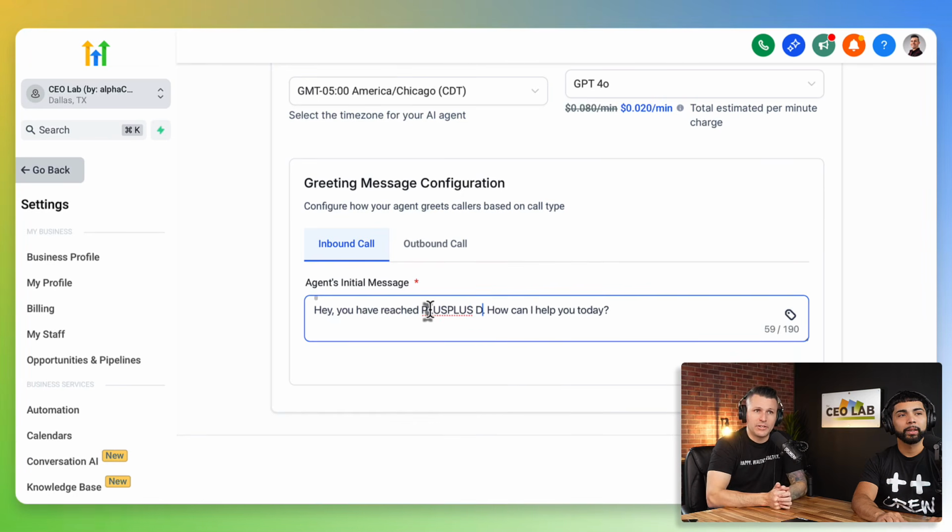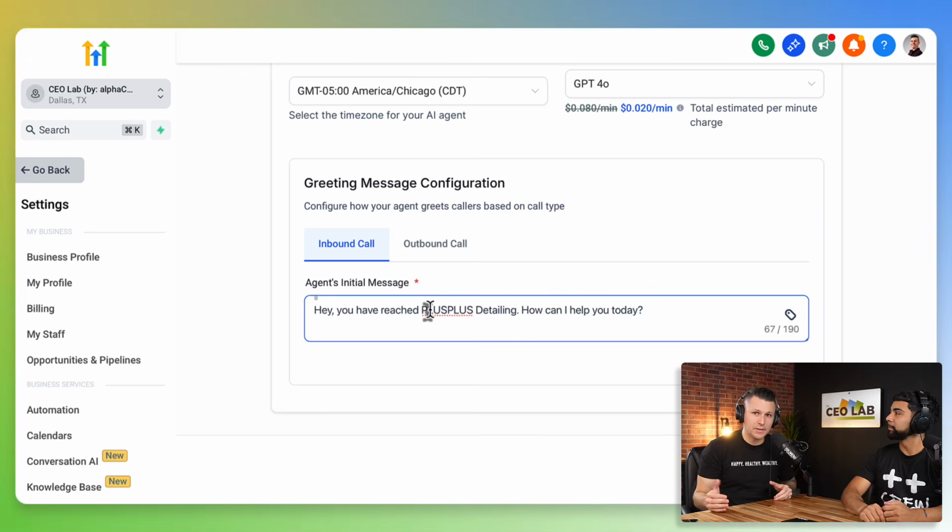So we're just matching what we said up there, or how we want it to greet. And this is another cool thing: you can have it greet how you would want it to greet. So for instance, here's some secret sauce, for when you're working as an agency, if you're using voice AI on the back of a phone number